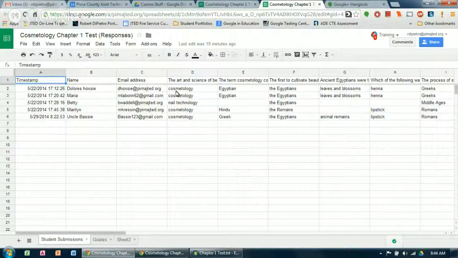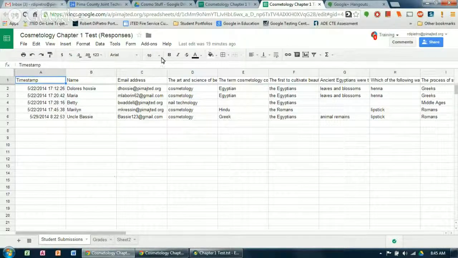Now, one of the things you do as the instructor is before this gets sent to the students, you take the test as the instructor, and you put in all the right answers, hopefully. Sometimes you have to go back to the key and put in all the right answers. So the first line should be the answer key, and you can call it answer key, and you can put a fake email address in if you want. But it's important to have the email address,